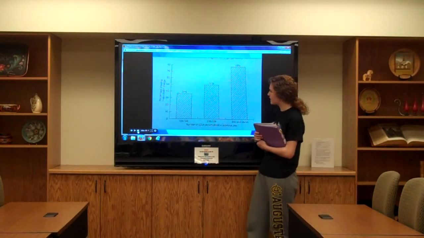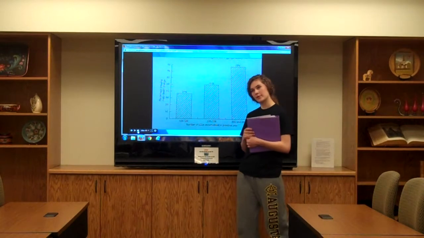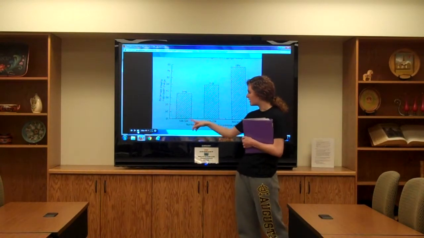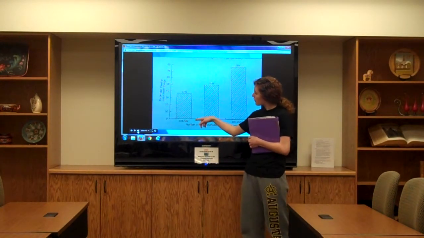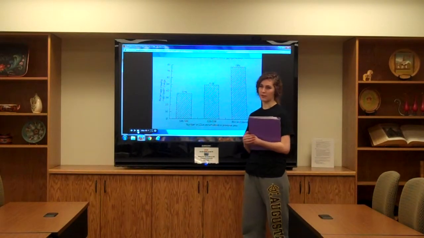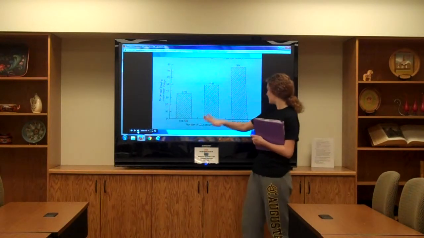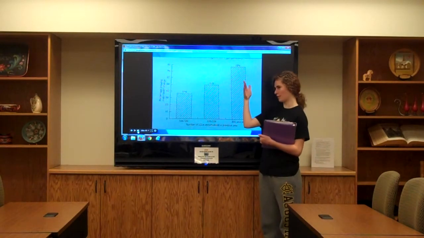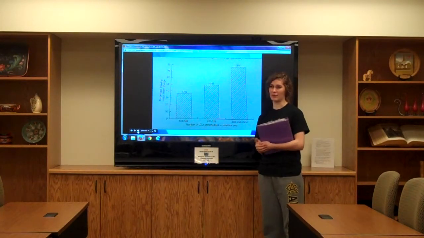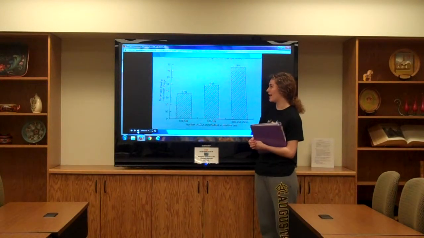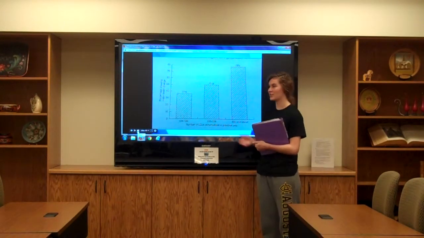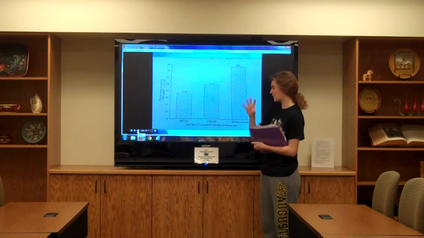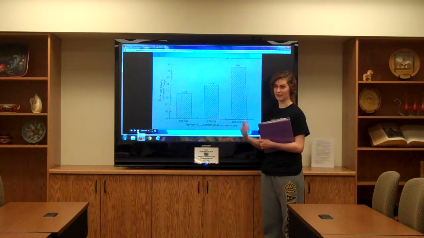What it's showing is that of people whose score was between 150 and 199, 37% showed major health changes. And over here, of those with a score of 300 and above, 79% had a major health change. So this shows that people with higher scores are more at risk for illness.